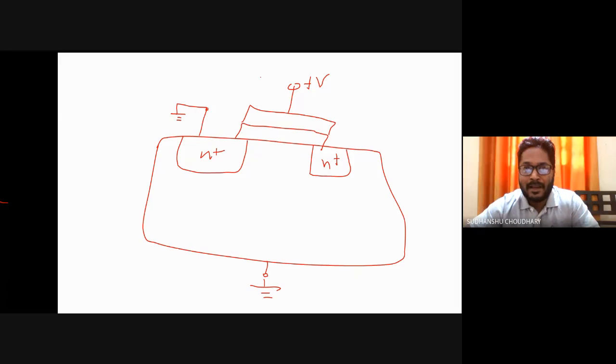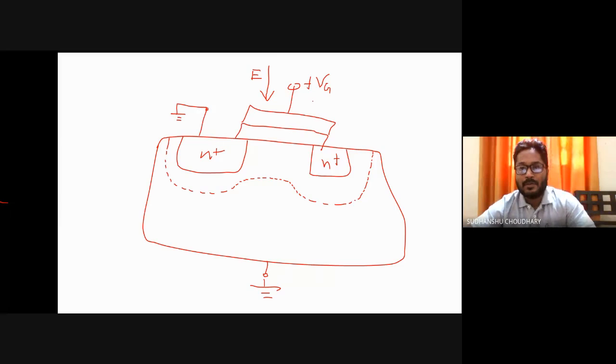Now when you apply a gate bias, that means you are applying an electric field, a vertical electric field. And you have a depletion region under the gate because of this applied bias Vg, which is now positive. And if you increase Vg further, and if Vg is greater than Vt, you will see a channel also here,